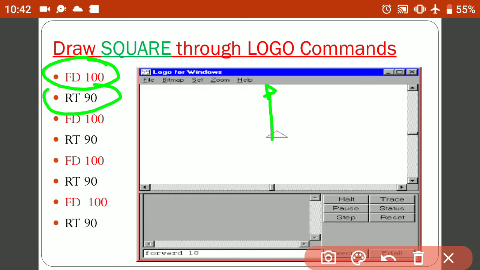And again I can ask it to go forward by 100 steps. Now you can see FD 100, so it will go forward by 100 steps, like this. My next command is RT 90. This means my turtle will turn right.